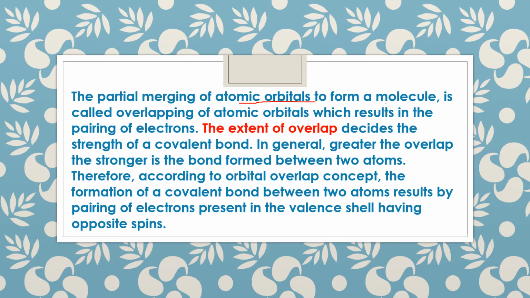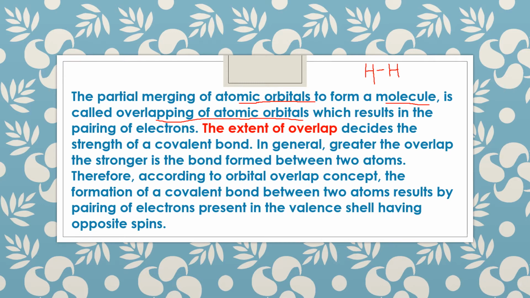So when a molecule is formed, suppose hydrogen is getting bonded with another hydrogen, right? So an H2 molecule is formed. Now when two H atoms come closer and their atomic orbitals overlap, the space where the probability of finding an electron is, becomes common for both. They come so close that the space overlaps. So that results in pairing of electrons. The electron density is present between the two atoms then.